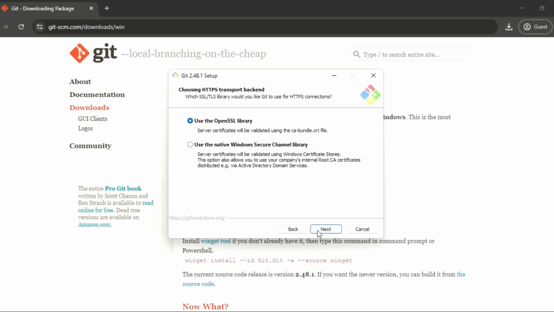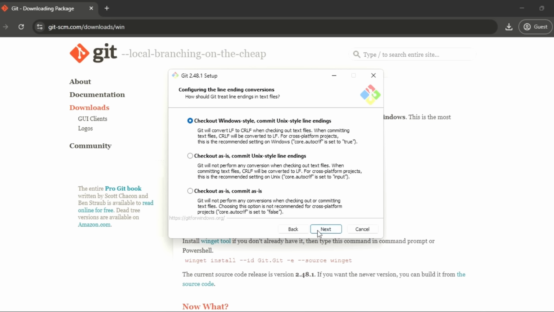This window lets us select what we want to do about line endings. The characters used to indicate the end of a line are different between Windows, Linux, and Mac OS. So the Git software bundle lets us decide how we want to handle these differences. The default is to store Windows line endings on the local files, but use Unix line endings in the files stored by Git. This works well when you're using your Windows computer to collaborate with others using a different OS.